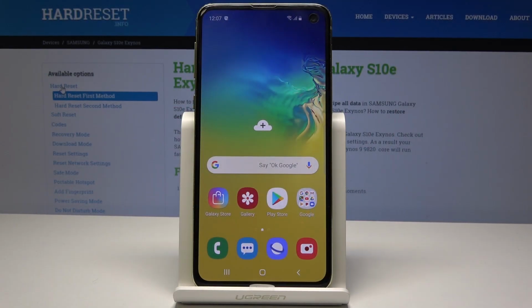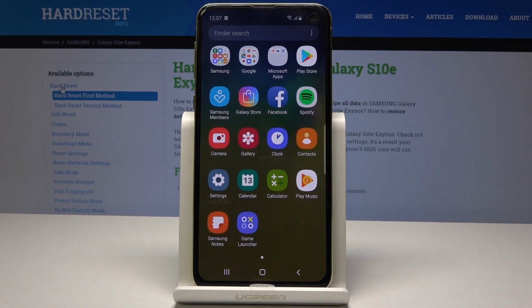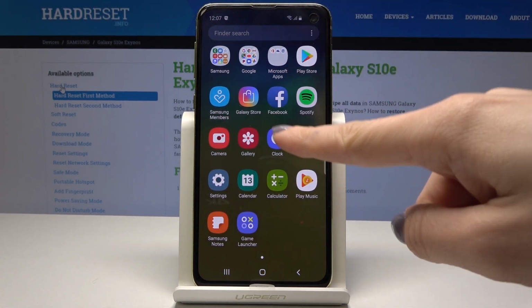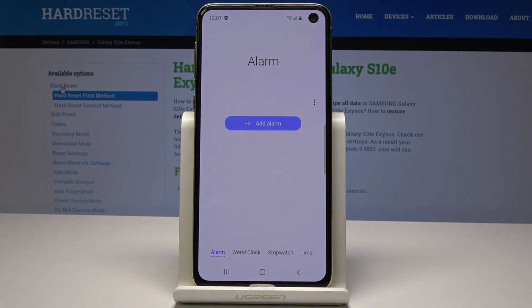Here I have Samsung Galaxy S10e, and let me show you how to set an alarm on the following device. So at the very beginning you have to open the list of all applications, so just swipe up to open it and then go to the clock icon. So just tap on this icon, it's here, and now you can simply add alarm by tapping on the plus